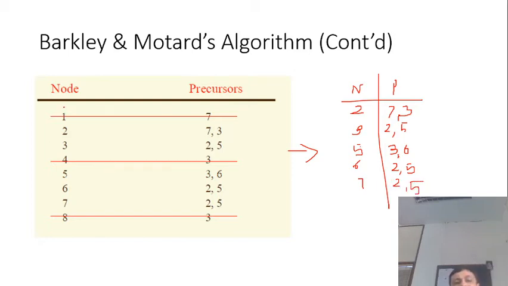Now keep one thing in mind: these nodes are eliminated from our diagram. It doesn't mean that they are eliminated from the actual flow sheet. Second, they are eliminated and will not be considered further in the diagram, and they will not be part of the TS stream. A common confusion among students is that whatever is eliminated goes to the TS stream. No, the TS set contains only the self loop or two-way edge pair or the common node between a two-way edge pair. Any single precursor is just eliminated, because what we understand is that it is now represented by 7. So wherever there is 1, it is represented by 7. So 1 is indirectly present in this.